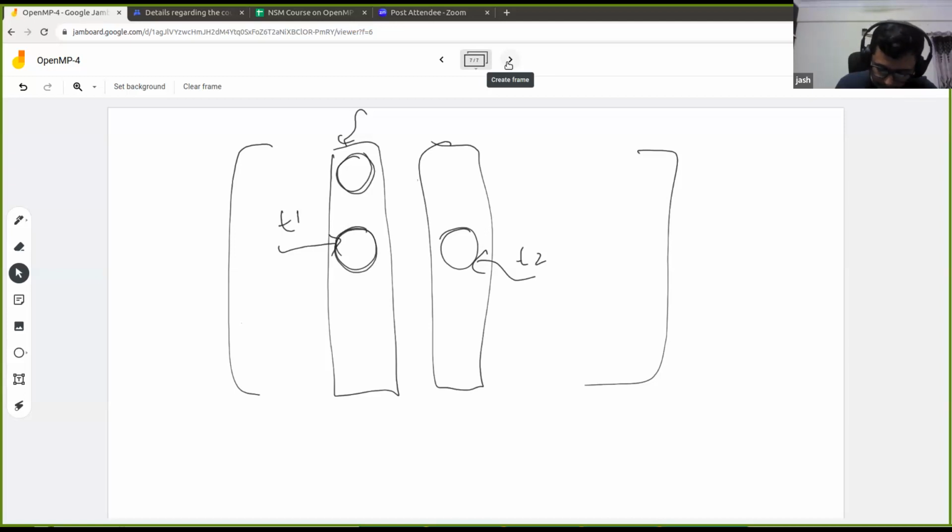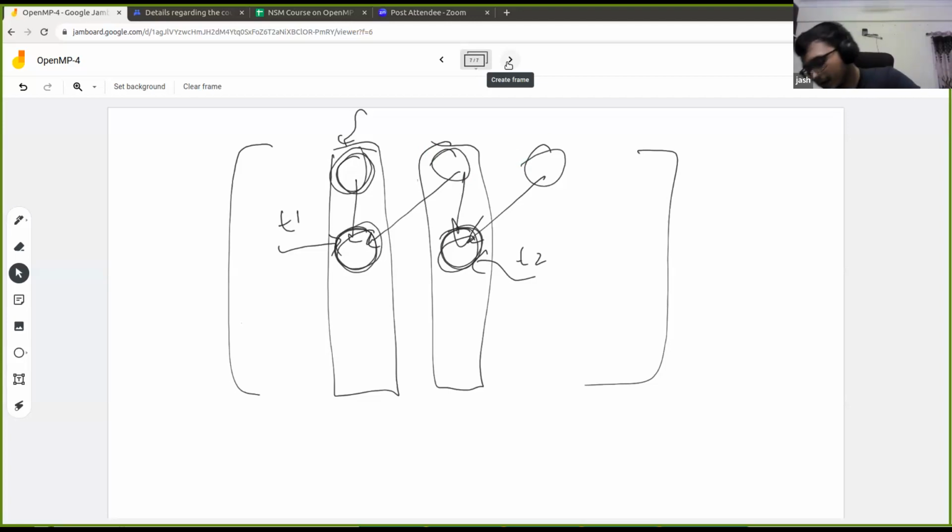Now they are working on two different entries which are in two different columns. This thread is reading from here and here, and writing here. This thread is reading from here and here, and writing here. Can you see any data race here? No, right? At least to me, it is not evident that there is any data race, because if two threads are working on separate columns and writing to two separate columns and reading from the previous row, then there is no data race, right? So the point I'm trying to drive here is, if we pick up this code,